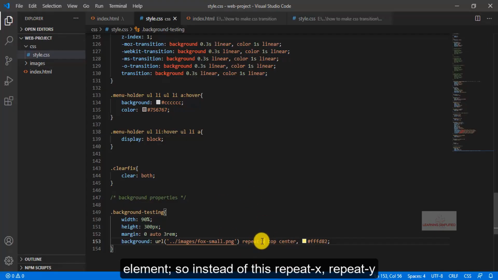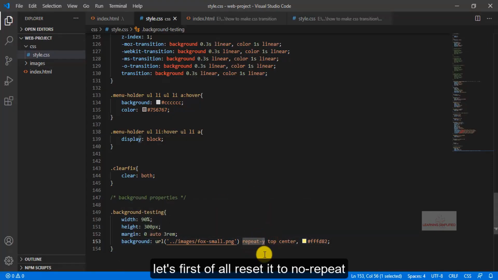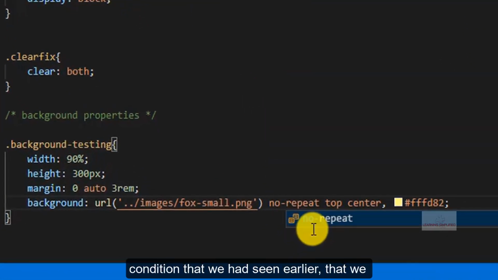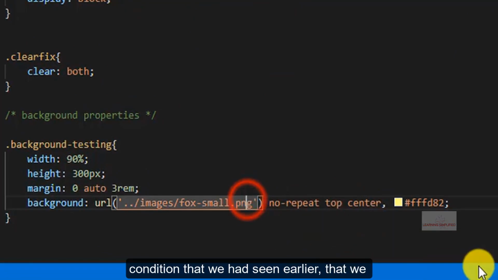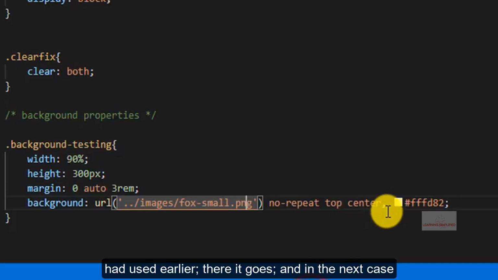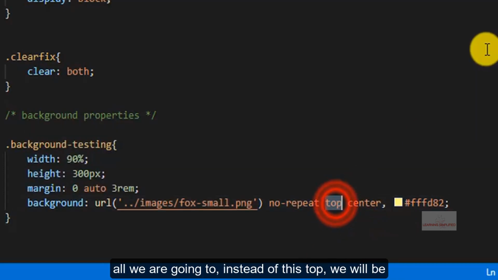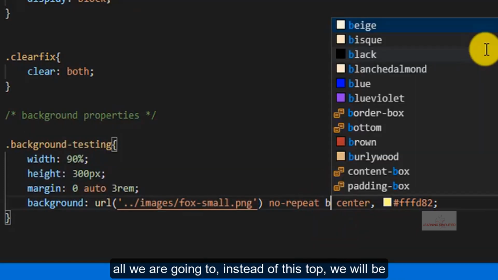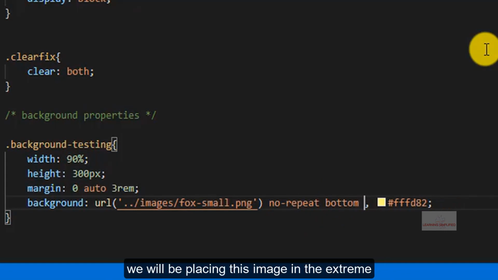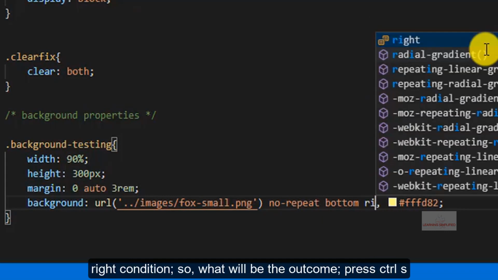So instead of repeat-x or repeat-y, let's first reset it to the no-repeat condition that we had used earlier. There it goes. In the next case, instead of this top, we will now be using bottom, and instead of this center, we will place this image in the extreme right position.